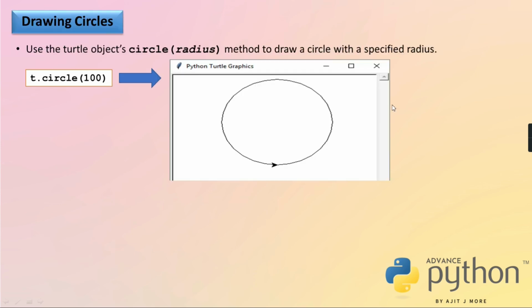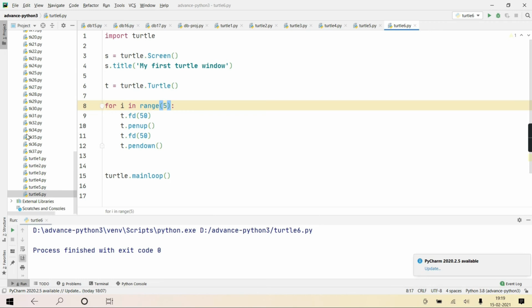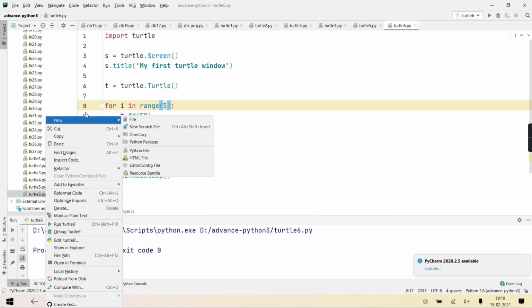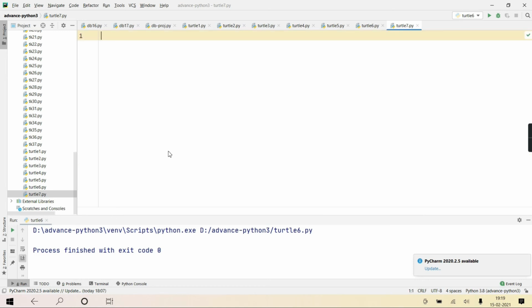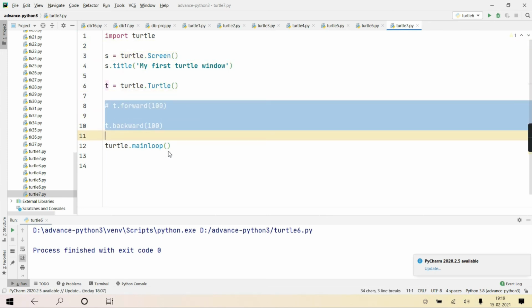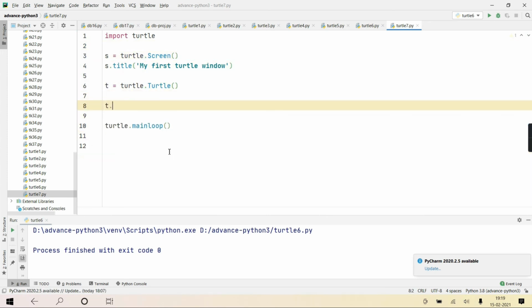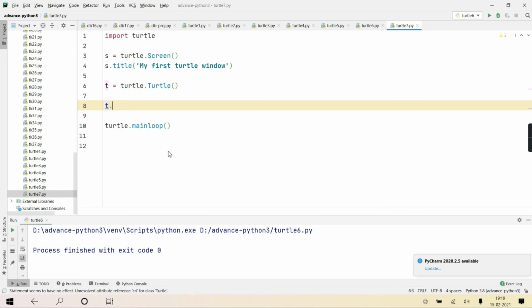Just a simple example we'll take. See, now I'm just drawing one circle, T dot circle, okay?